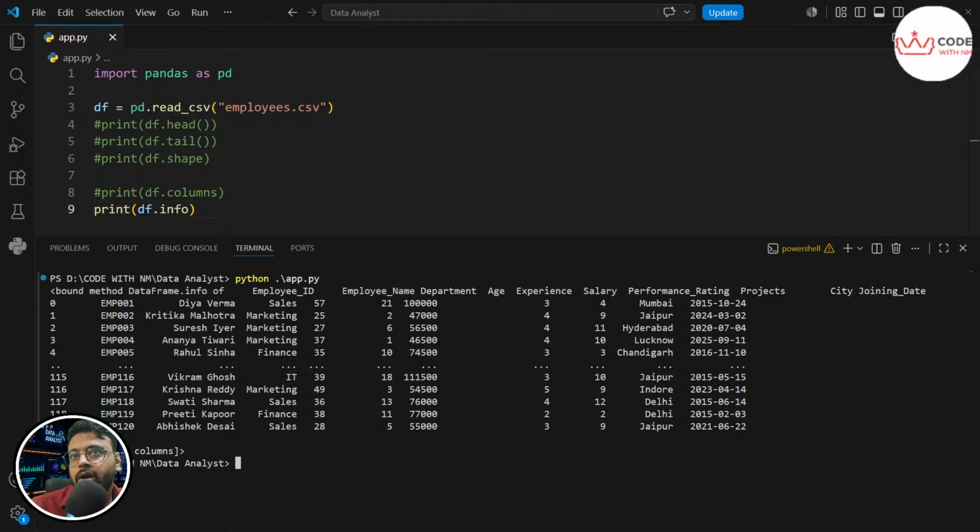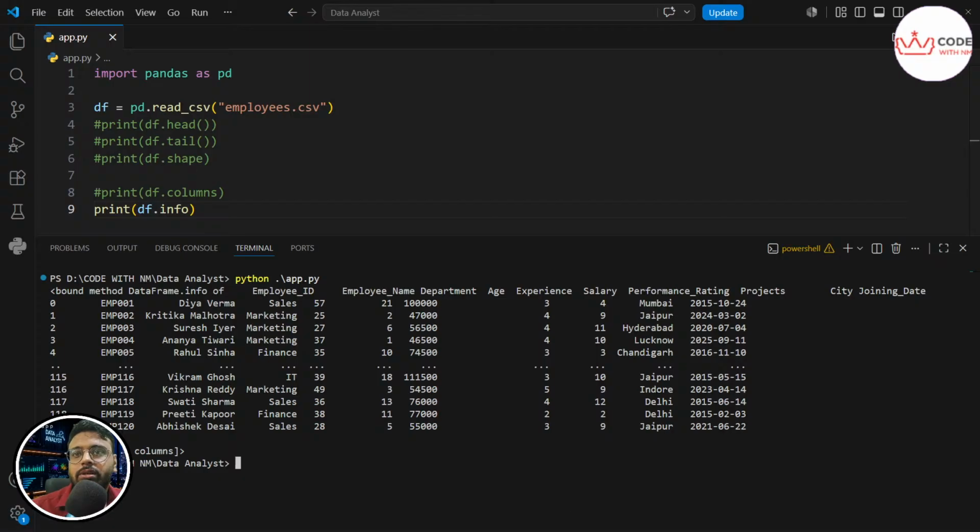It will say 120 entries, from 0 to 19, and then the total number of columns, in our case 10, and then it will start displaying everything, and of course the type of data we have. For example, if we have a combination of strings and integers, it will say this many integers and this many strings.